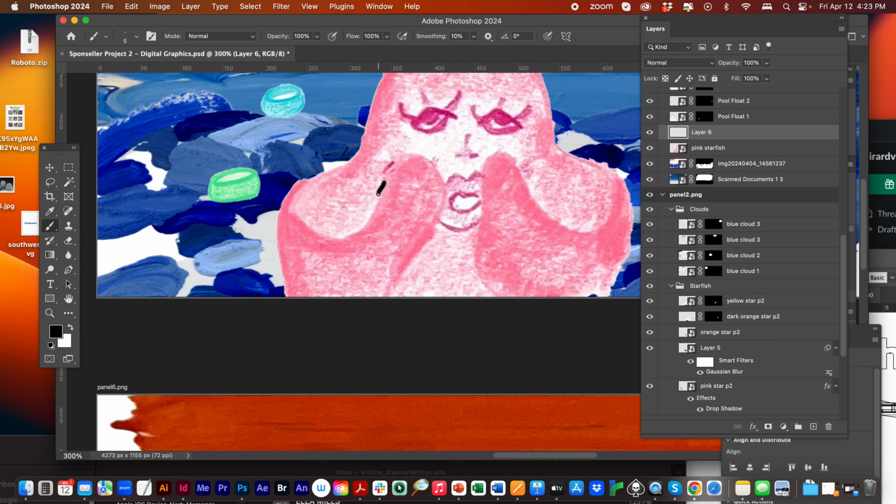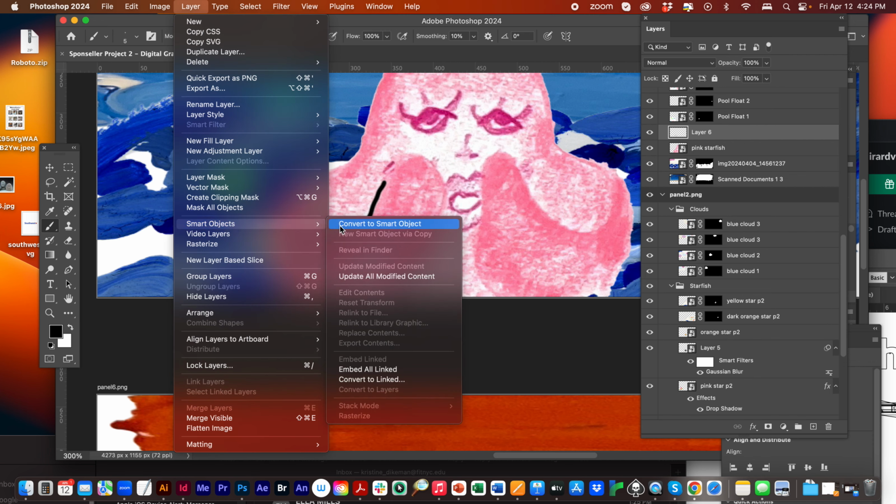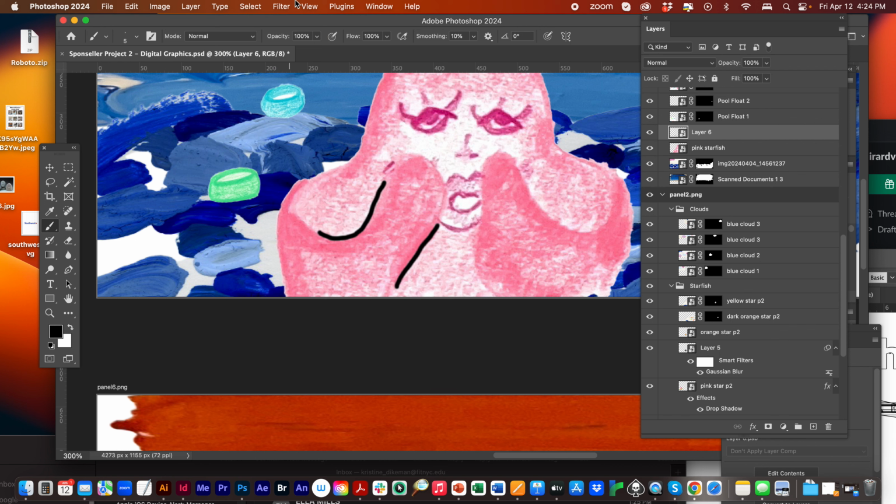And I'll go in with my brush. I'll get right on the edges. Right on the edges. So I'm cheating. Instead of slipping the shadow under her arms, I'm making the shadow over her arms. And then again, once I have these lines in here, I'm going to make this into a smart object purely